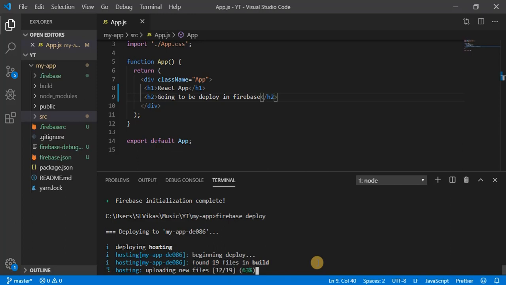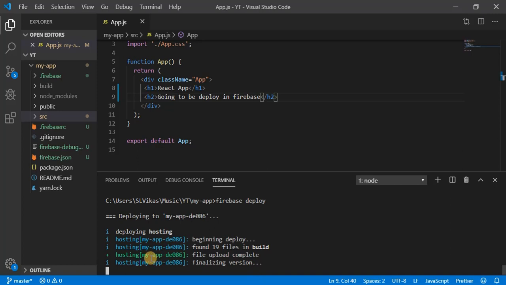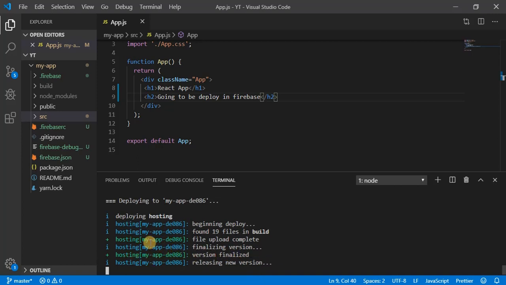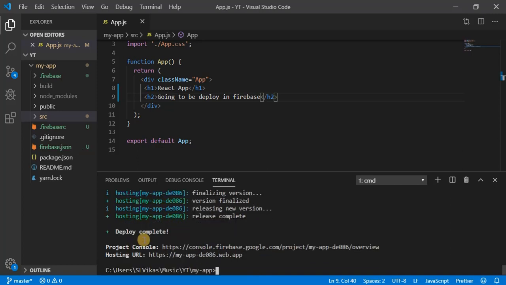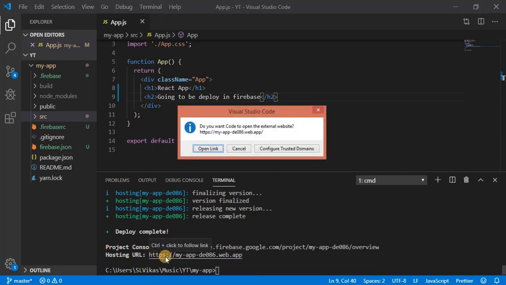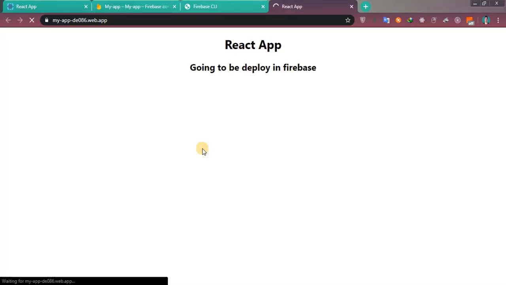Okay, so as you can see here, hosting, and it's uploading all the files. It's going to take time based on your application files. Okay, now you can see the hosting URL. So let me click on this URL and open it. So you can see here our application is running online right now.